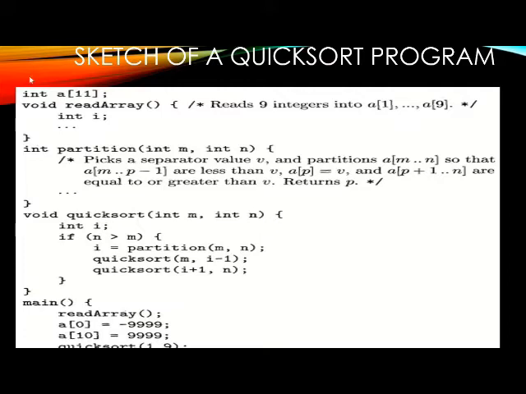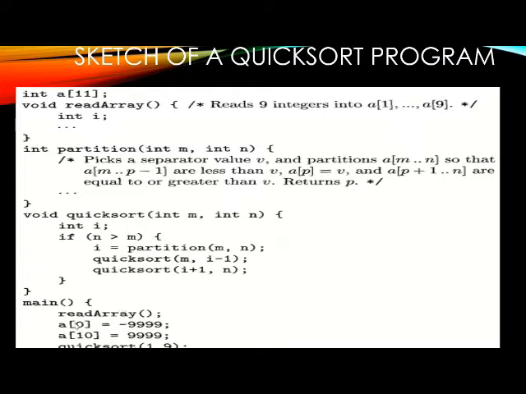When the readarray function is invoked, the compiler moves to this function. In it, it declares one more variable i and performs the reading of integer values from locations 1 to 9, that means a[1] to a[9]. It reads the 9 integer values and then returns them to the main function.